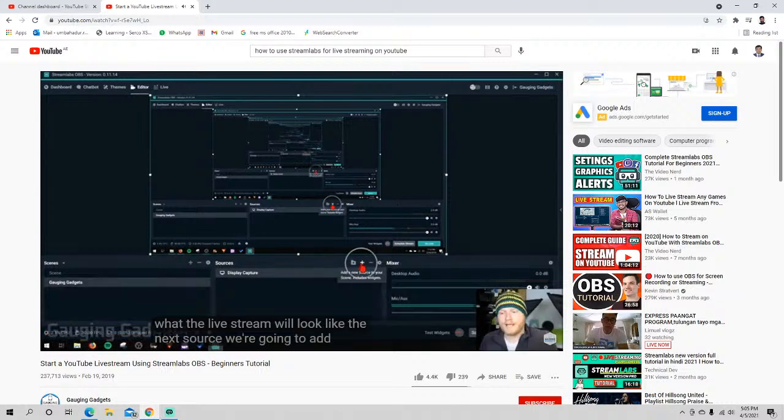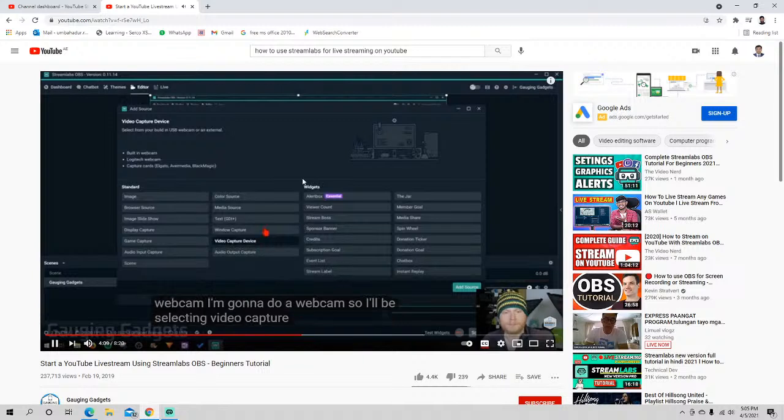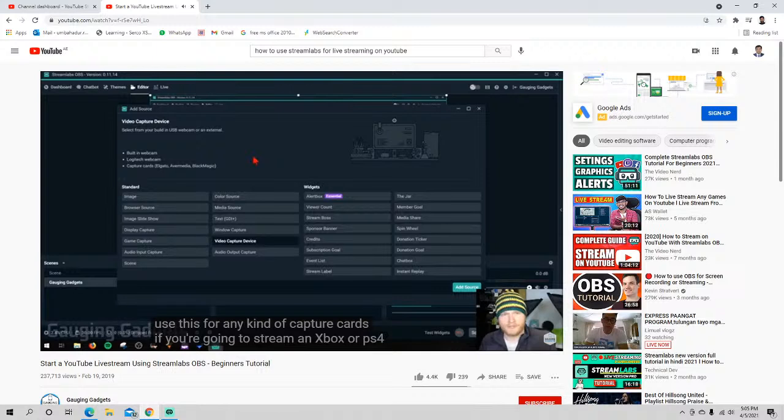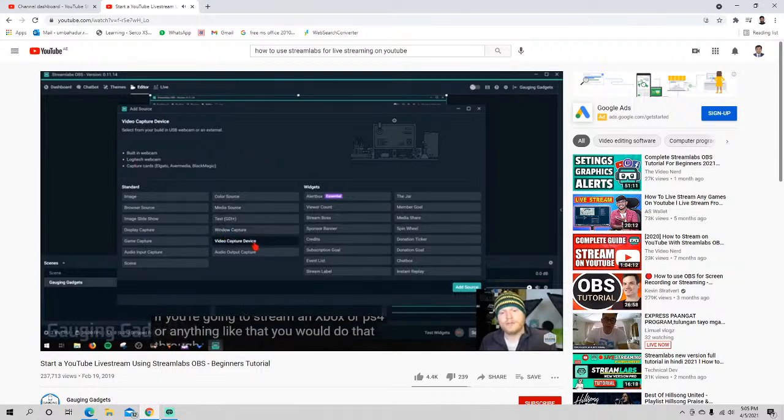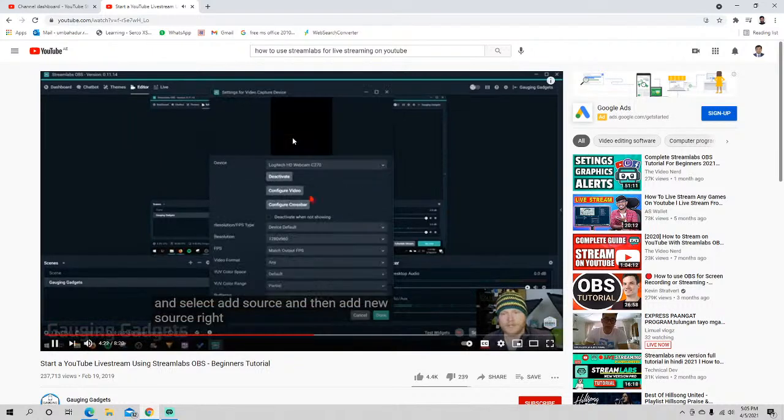The next source we're going to add is a webcam. I'm going to do a webcam, so I'll be selecting video capture, but you'd also use this for any kind of capture cards. If you're going to stream an Xbox or PS4, anything like that, you would do that through video capture device. Go ahead and select add source and then add new source. Right here we can